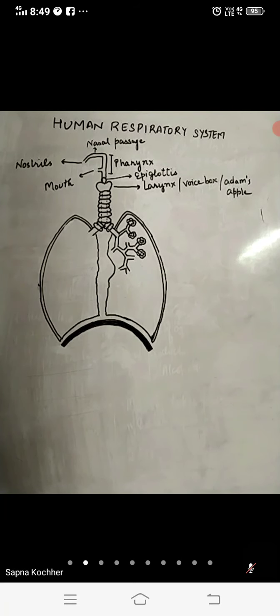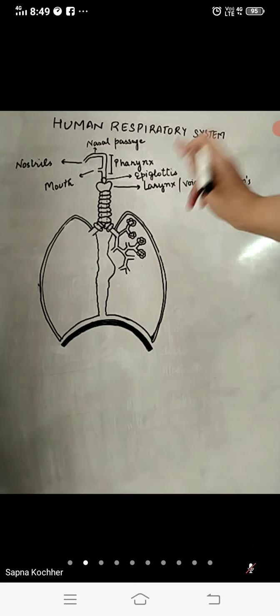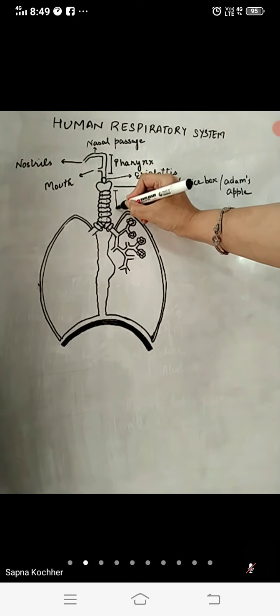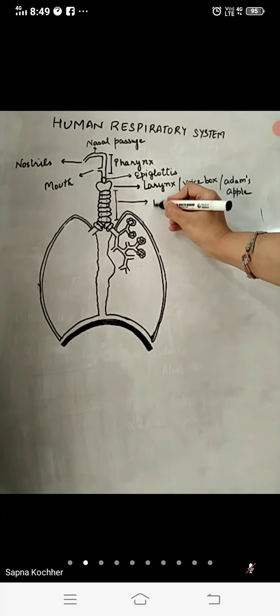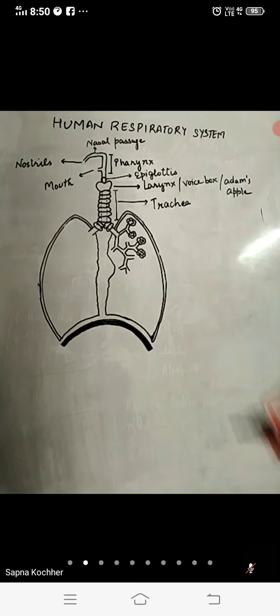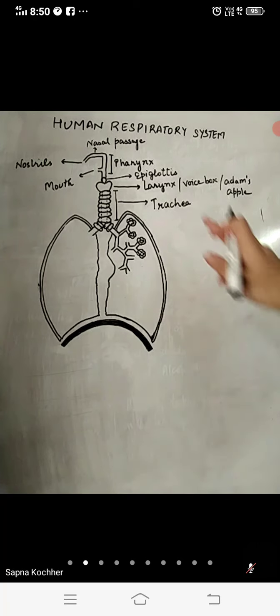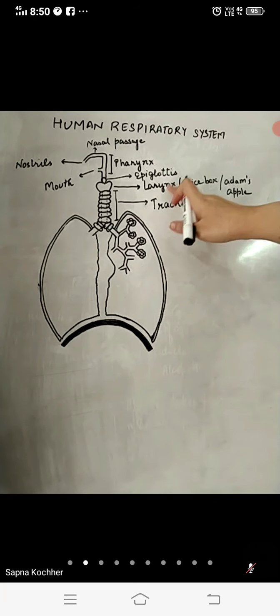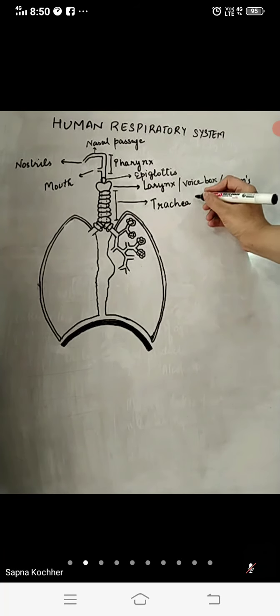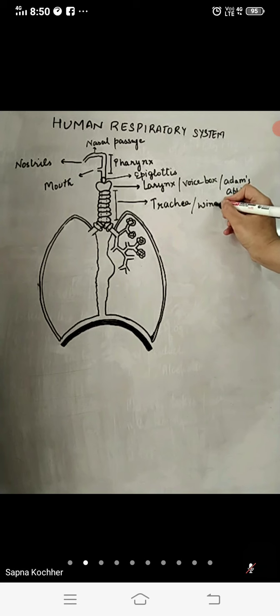This covers the opening of the windpipe, and the opening of the windpipe is called the glottis. Over that there is a flap which is called the epiglottis, right? Then this hole afterwards, up till here, is called the windpipe or the trachea. When you are asked to label the parts of the respiratory system, it is always better to use the biological terms than the common names. So, trachea, or windpipe.